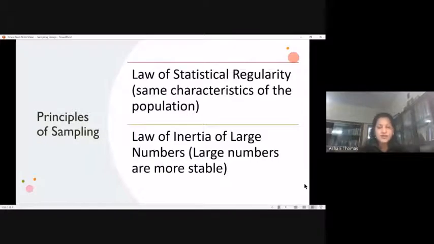So this is actually law of statistical regularity, which helps the researcher to capture the actual characteristics of the population for taking up different implications or coming to different conclusions based on a particular research objective, maybe with respect to the problem under study. So these are the two basic principles that are applicable especially in social science research, because